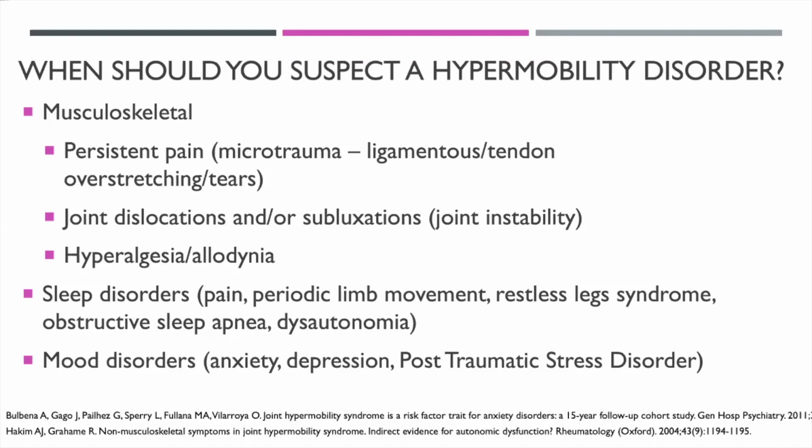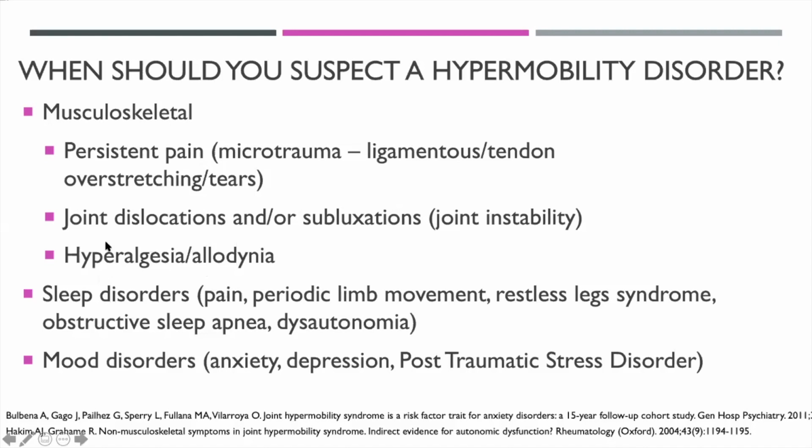So they're less useful than things like hyperalgesia and allodynia. Hyperalgesia and allodynia refer to when the nervous system is sensitized, and allodynia specifically refers to when things that are normally not painful are painful. So for example, clothing touching the skin or sheets touching your legs. Hyperalgesia refers to when things are normally a little bit painful, but they're instead a lot painful. So these are very important indicators that someone might be having nervous system abnormalities, which may or may not be due to a hypermobility disorder.